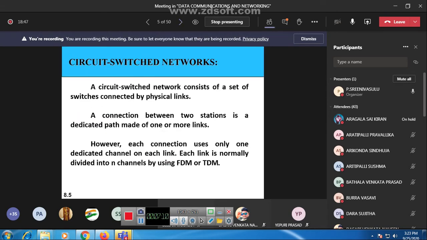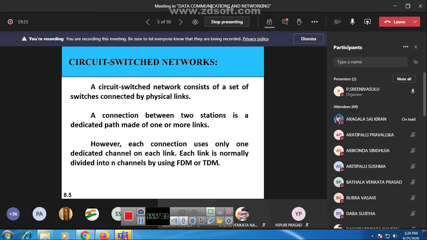So a circuit switched network consists of a set of switches connected by physical lines. In circuit switching, we have different communication devices that are linked with guided transmission. That means whatever devices are present in this network, the transmission will be guided.